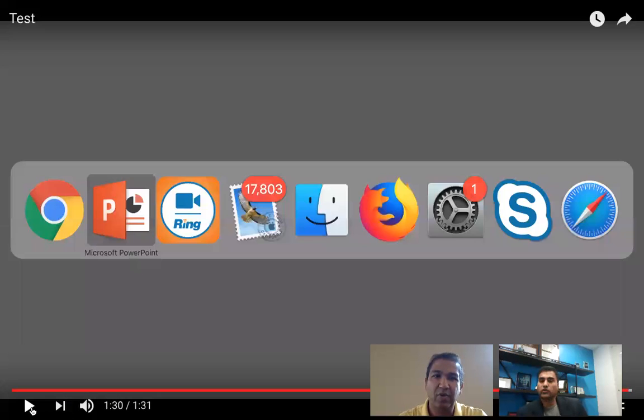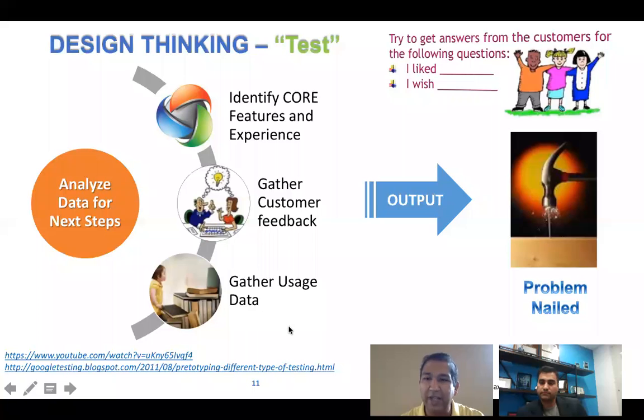Great. So what you saw there is a quick example of taking brainstormed ideas, narrowing them down, and testing the idea, and it's a cyclic, evolutionary circle. So you'll keep trying out a few ideas. Maybe the first one or two will not work out. There's one more from Google here. I'm not going to play it, but you should definitely take a look at the different types of testing. It's very interesting.